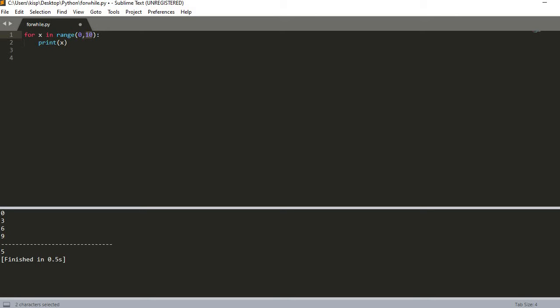So what this is going to do is assign x to the starting point, which is 0, and it's going to come down here and print x. So it's going to print 0. And then it loops back up, and it's going to add 1 to that x. So now x is going to equal 1. Come down, print, loop up, add 1. So now x is going to equal 2, print 2, and it's going to continue that process until it gets